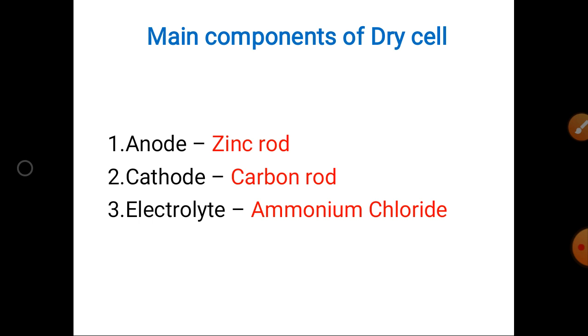an electrolyte. If you take any cell, it may be a rechargeable or non-rechargeable battery or cell, normally we have these three main components: anode, cathode, and electrolyte. Depending upon the type of electrolyte and the anode and cathode used, the cells are classified into different types, like the lithium ion battery. In this video we are going to see the zinc carbon battery, how the zinc carbon battery or the dry cell works, and how it supplies the current to the load.